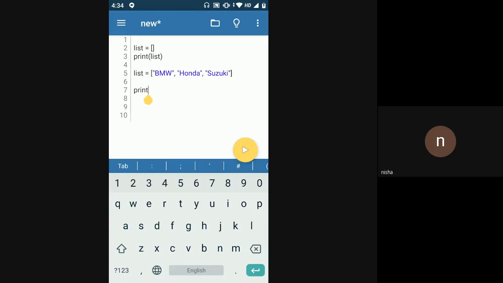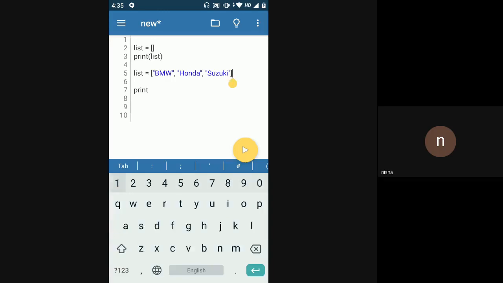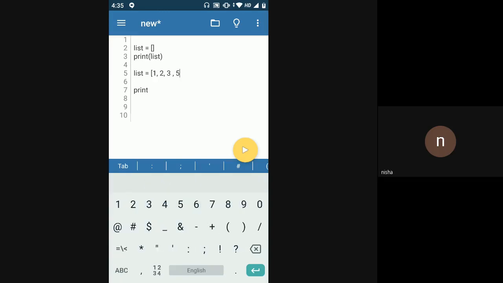Like in the previous case, we were accessing each element of a string using index, right? In this case, every value that you put into a list is an element of the list. So when I say 1, 2, 3, 5, now this list has 4 elements.